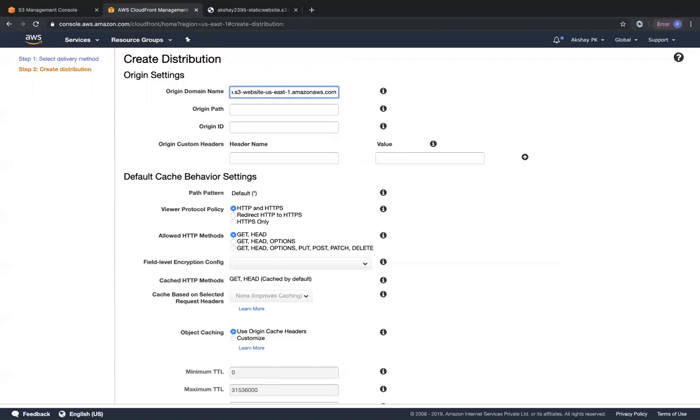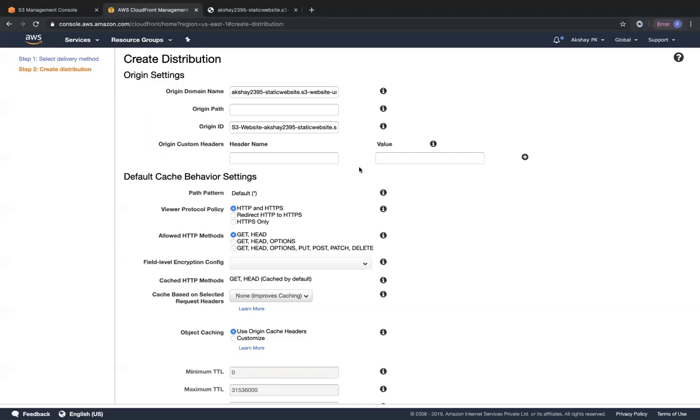You can see over here that I have removed the slash from the last, and at the start also you will have http://, we don't want that. So it should be only the static website endpoint without the http and the slash at the end. It shouldn't be the name of the S3 bucket either. It should be the static website hosted endpoint, and automatically your origin ID is populated, which denotes a unique identifier for your origin.